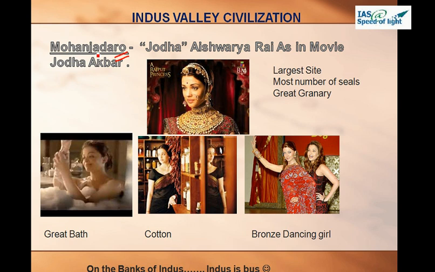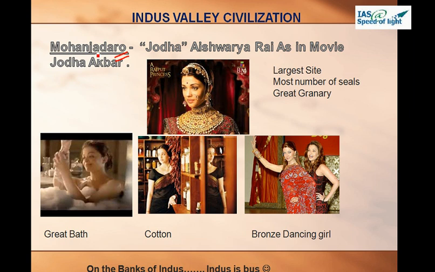Jodha Akbar was a famous movie in which actor Hrithik Roshan played the role of Akbar while Aishwarya Rai played the role of Jodha. So from today onwards, the picture through which we will recognize Mohenjo-daro will be Jodha, or Aishwarya Rai as in the movie